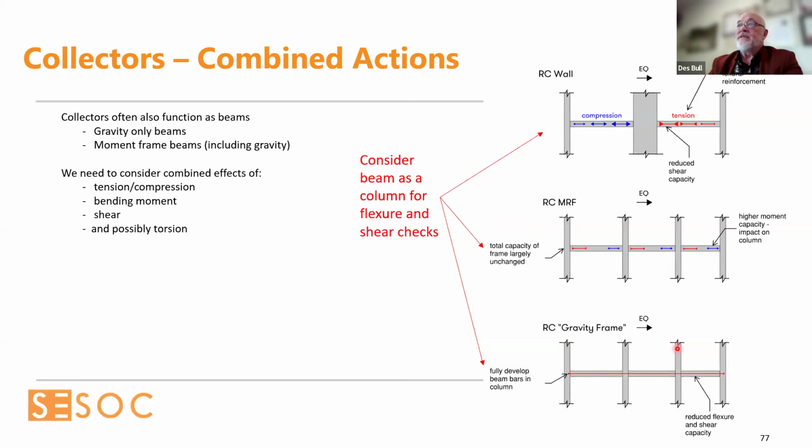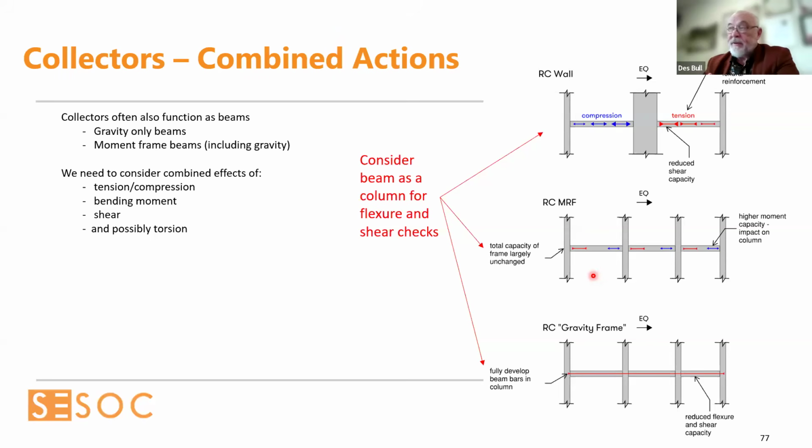Watch out for collectors. There's three different types. There's the collectors that go into the walls, and one side will be in compression, the other side will be in tension. That's pretty obvious, and the tension and compression increases towards the wall. You also find if you're using gravity and seismic resisting frame beams, they're also going to be carrying some of the axial tensions and compressions from the collector